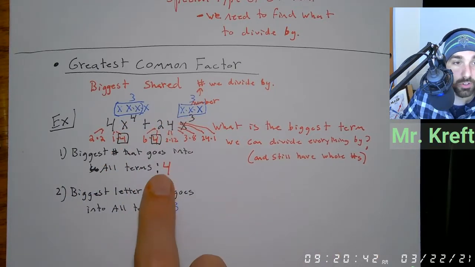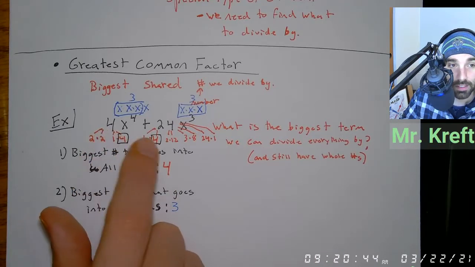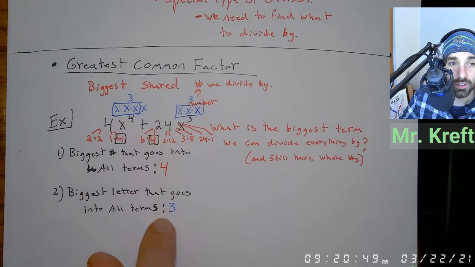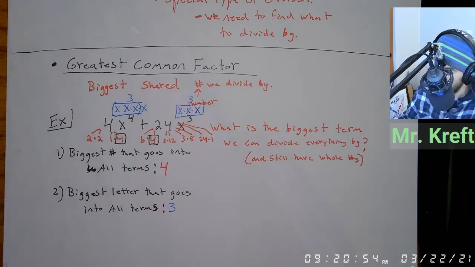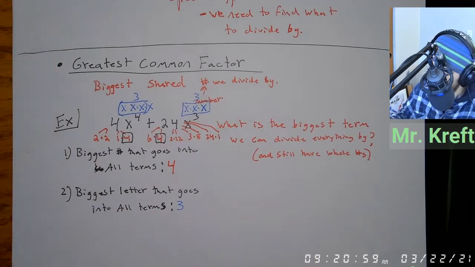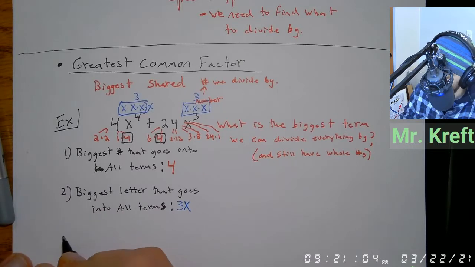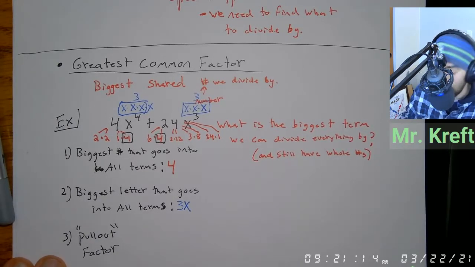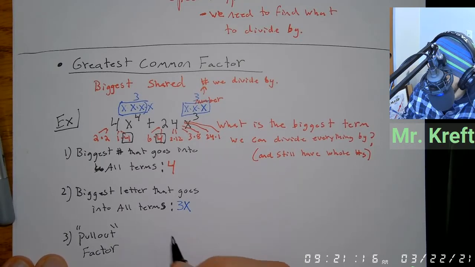All right? So notice how 4 is the biggest number that divides into both of these, and 3 x's is the biggest amount that I can pull out there. So what we're going to do is we're going to pull this out. Here, I should add an x. Okay. So step 3 is we're going to pull. And this means factor. Factor, you can kind of think of as pull out. We're going to pull out